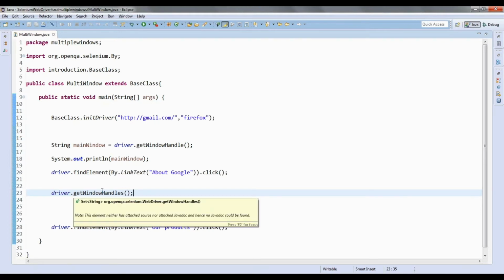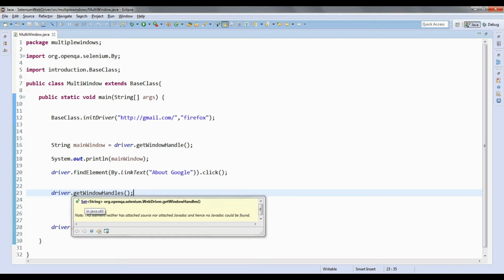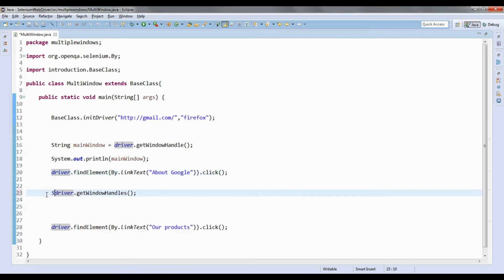Okay, so this getWindowHandles method is going to return me a set. You have learnt about list, right? All these days we were using list, and here it is going to return me a set of strings, or a set of unique IDs, unique IDs for each and every window. So let me write Set<String> allWindows is equal to driver.getWindowHandles(), and then it will be storing in a set.